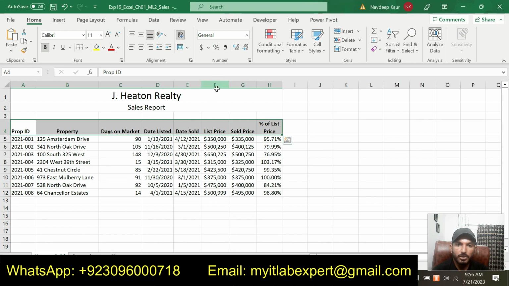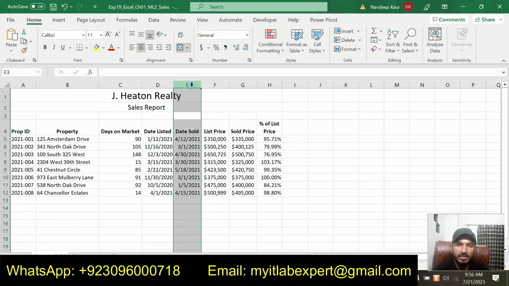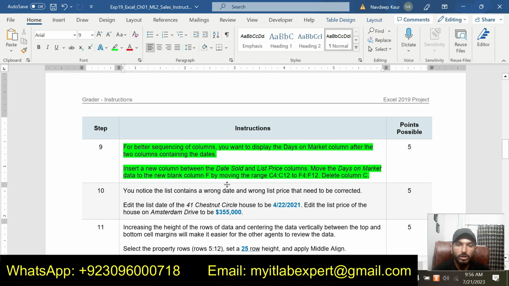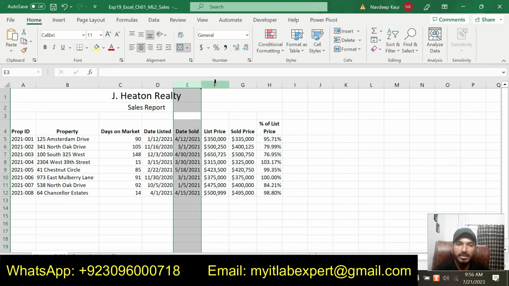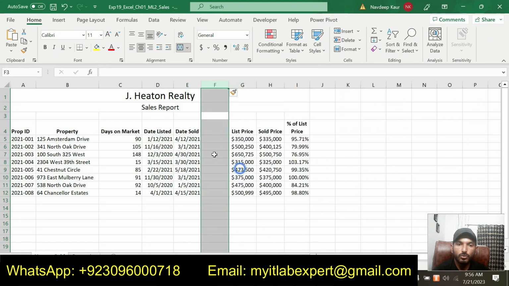So this is the list price column and this is the date sold column, and we are supposed to insert a new column between these two columns. So I will simply insert a new column between these two columns, and you can see that we have a new column between date sold and list price column, this one.